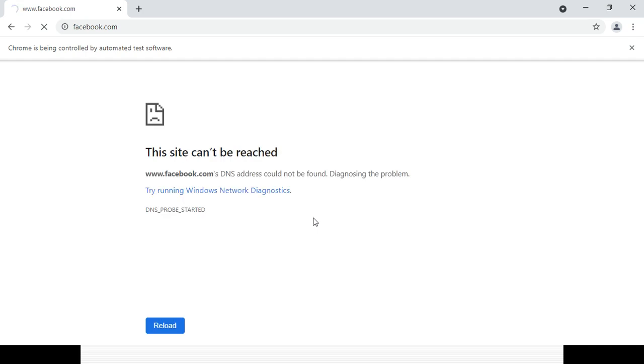Then it will enter the URL for the Facebook page and try to load the page fully. Sometimes because of internet connections it may not be possible, but otherwise it will try to launch the complete page.